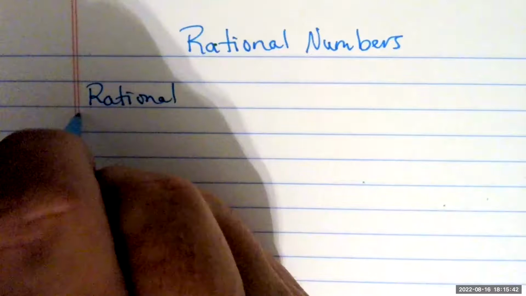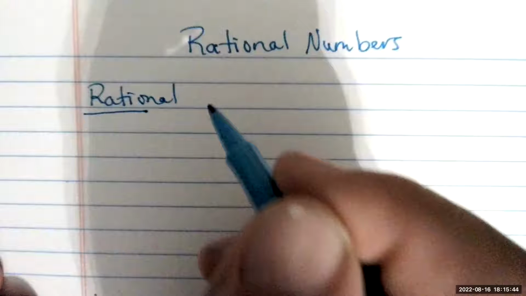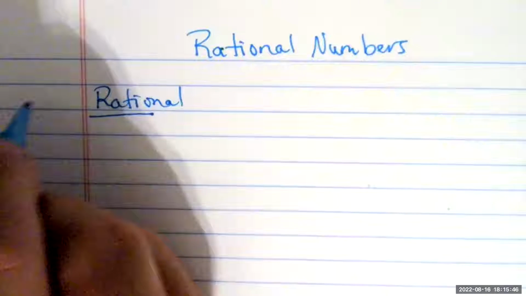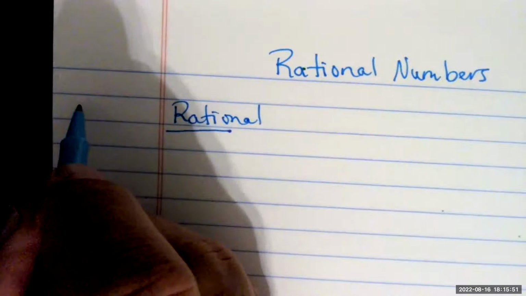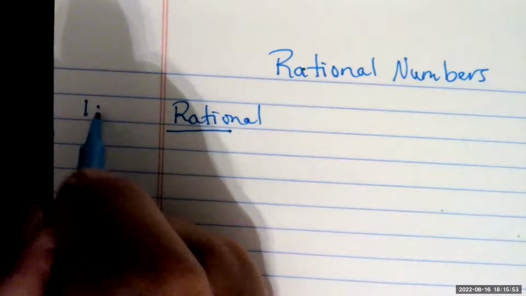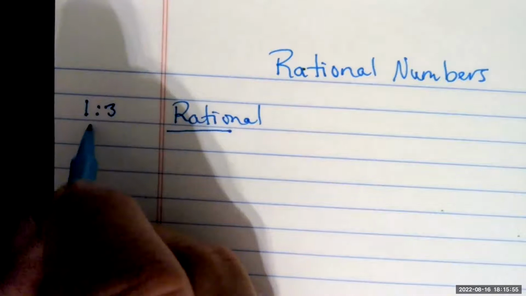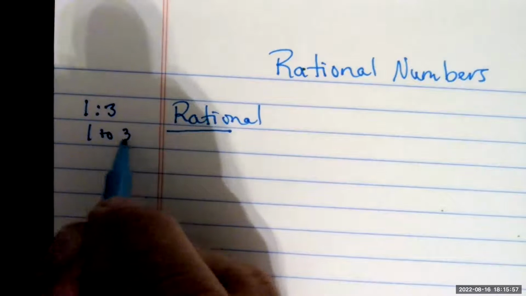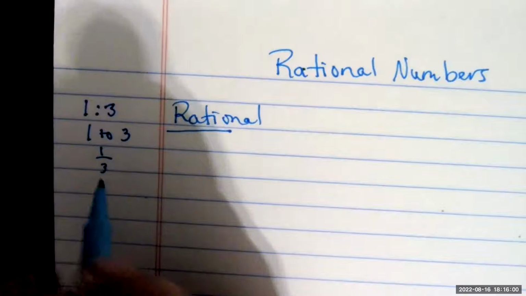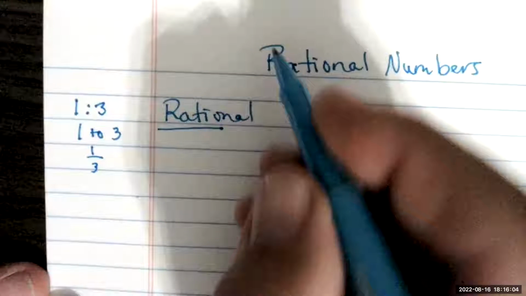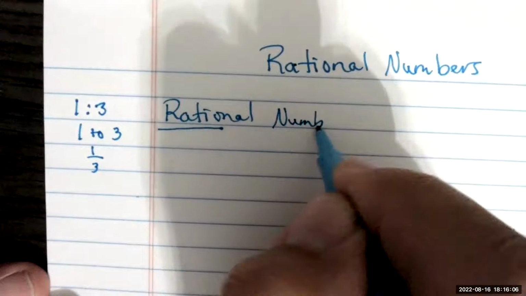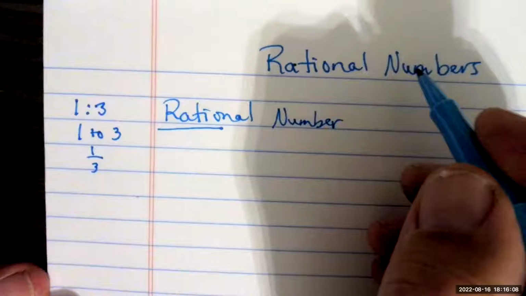All right, so a rational number, if you look right here, has the word ratio in it. You see that. And if you remember ratios, when you did these some time ago, there were three types. There was one that said 1 with two colons and a 3, and I'm just making up the numbers 1 to 3, or you could have it as a fraction, 1 to 3. Okay, so ratio or rational numbers, and this is what our lesson's about, is a number that can be written